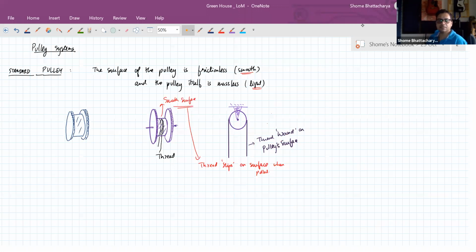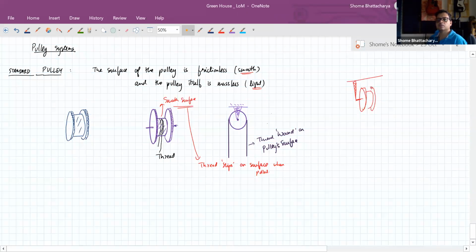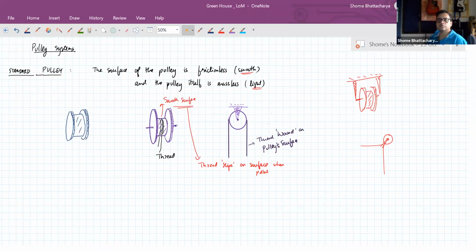Yes, it is like the yo-yo. The triangle is just the point from which the pulley is suspended. The disc of the pulley has to be suspended from a ceiling or something by some kind of arrangement. So that's the support structure, like this. Or the pulley could be mounted on the corner of a table or something, which is another example. It could be like this.